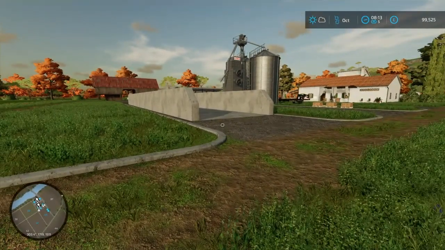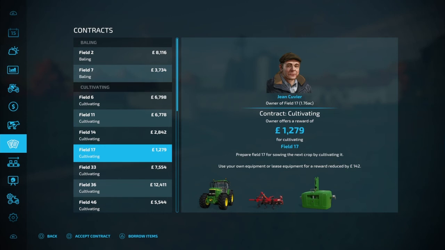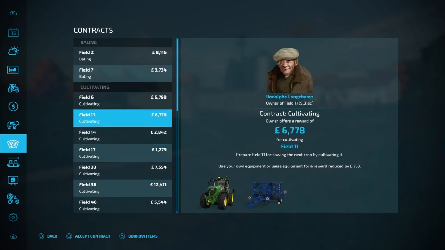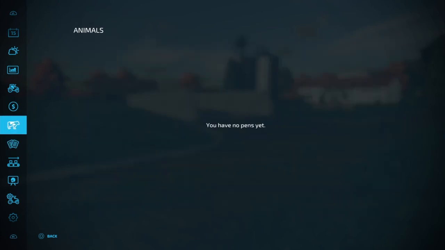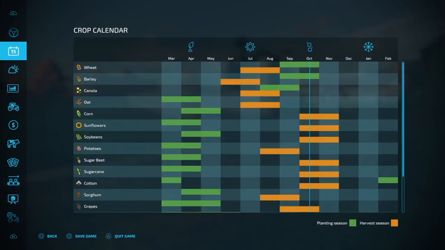I've also had a quick look at contracts, and there are a few good ones here. I was thinking what I can do is do these. This will give us a lot of extra income for not very much work. So I think the plan moving forward is to get these contracts underway, lease the fertilizer spreader, and get the fertilizing done. Now, crop wise, I am thinking of possibly planting oats,